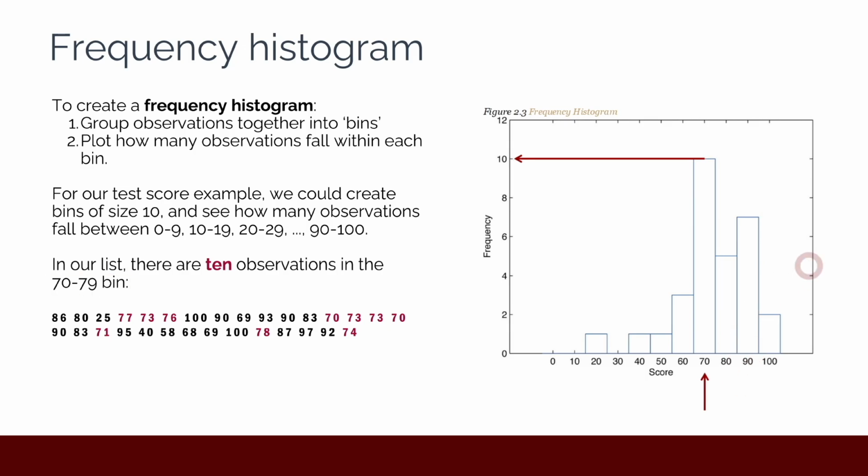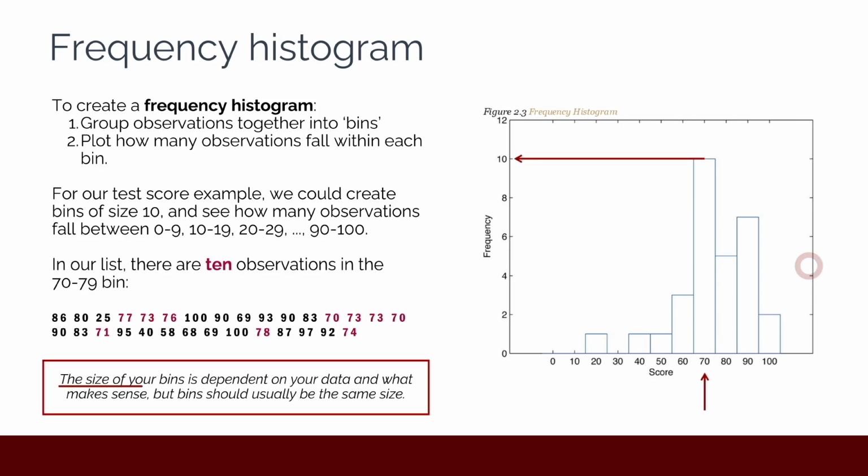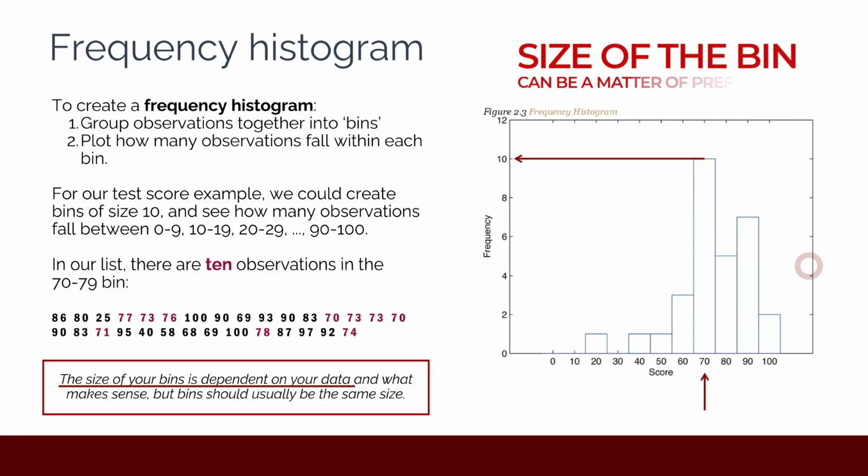And a question that one often gets asked is, how do you decide what size your bins should be? And this very much depends on your data and what makes sense. So if we go back to the previous theory session, we spoke about annual school spending. Then you're not going to want to do that in bins of 10 Rand because you're going to have so many bins, because the spending probably varies by quite a large amount. But if we're dealing with marks, then you can make a bin size of 10 or 20, or maybe 5 makes more sense. So the size of the bin can be a matter of preference,